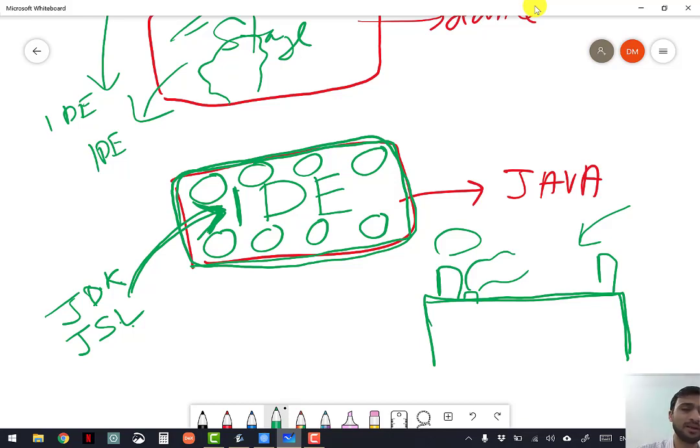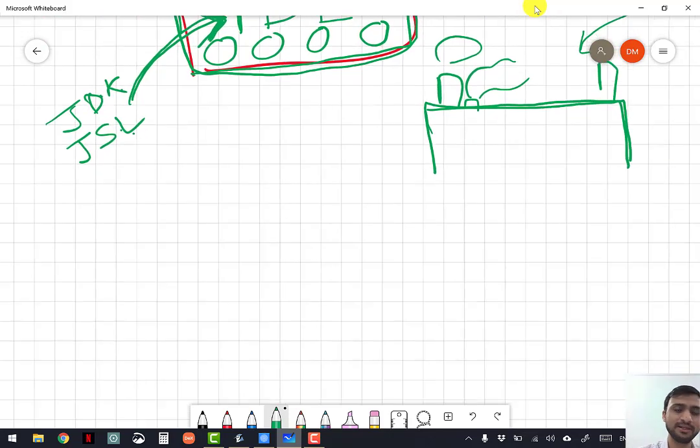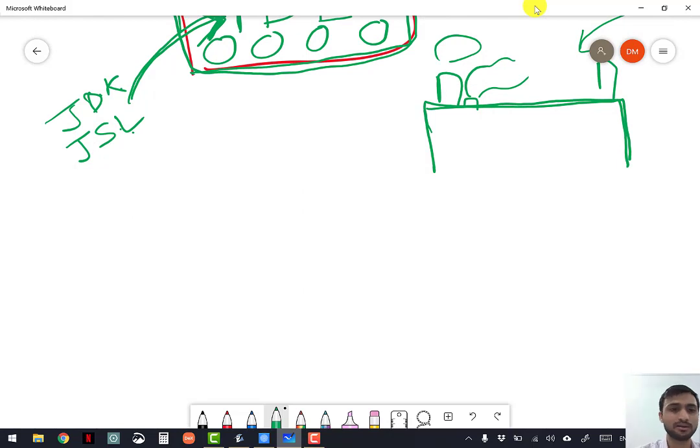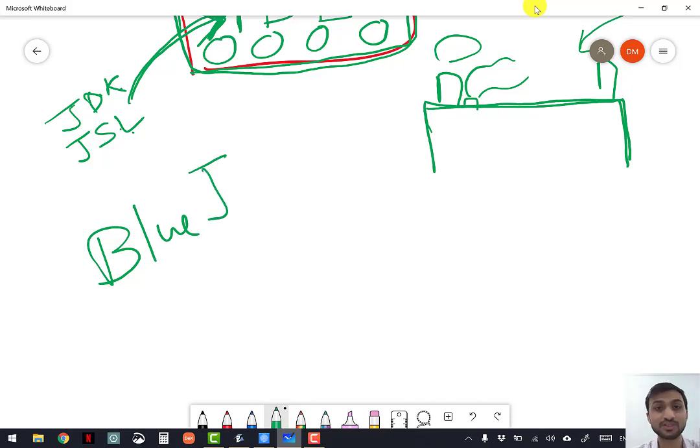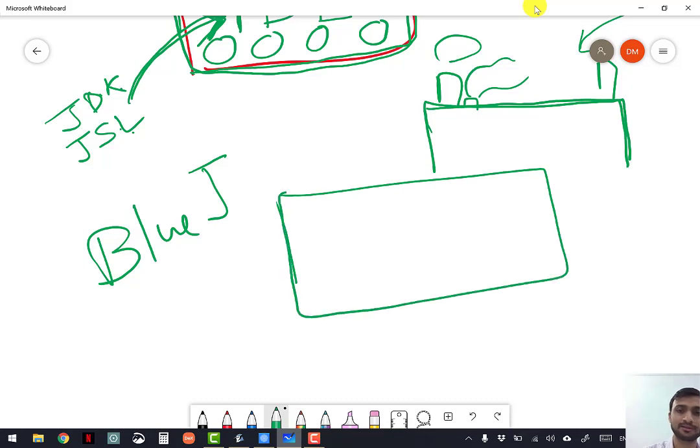And there are many suitable environments to create Java. For example, in our board, we are told to use BlueJ, an application, a suitable environment where we can write Java programs. There are many other suitable environments where you can write Java programs, like Editor Plus, like Anaconda also.